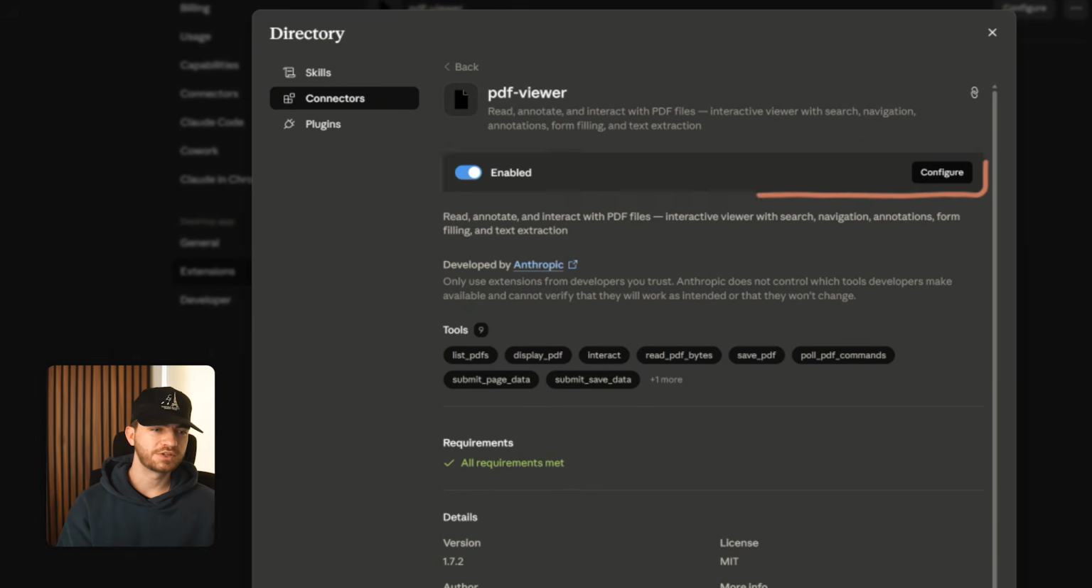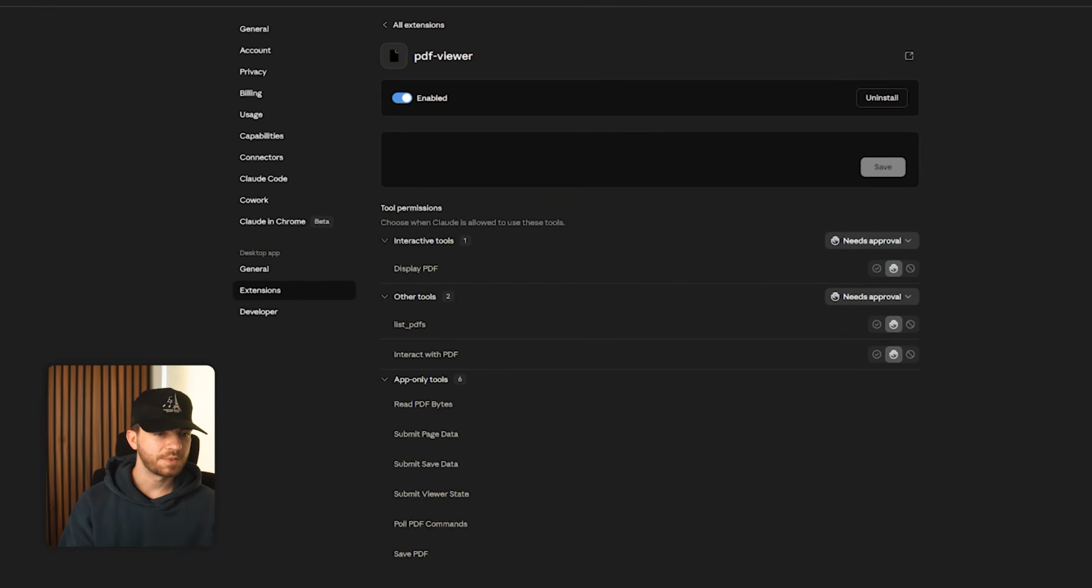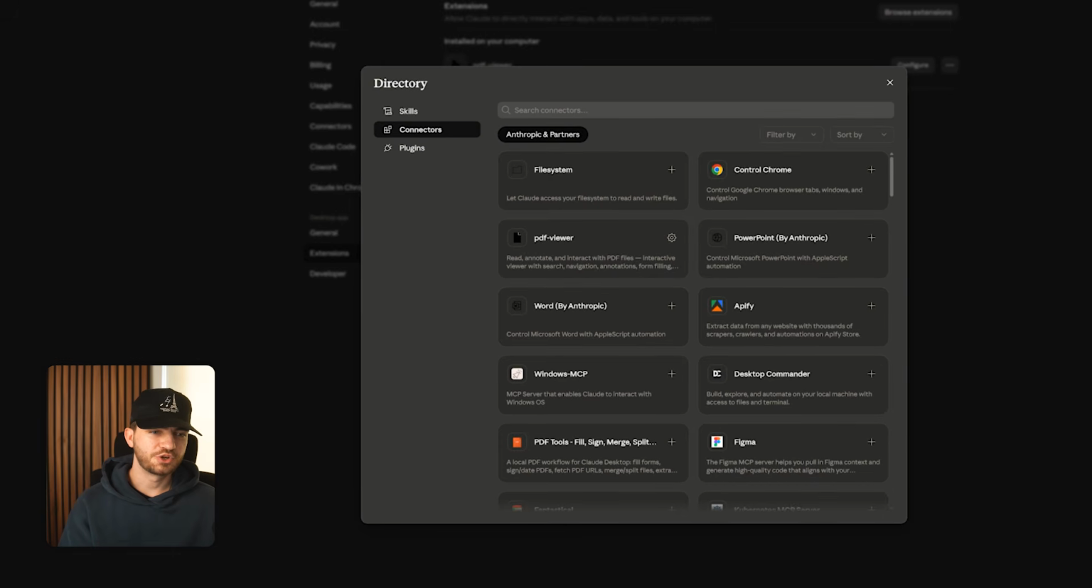If we wanted to configure any of the settings for this, we could click this button here. It has the same format as the connectors page, with the one difference being that you can enable and disable these desktop extensions. If Anthropic doesn't have the extension you're looking for within their directory, you can use what's called